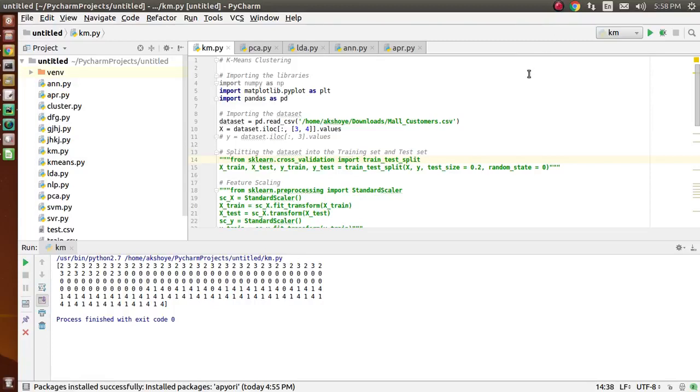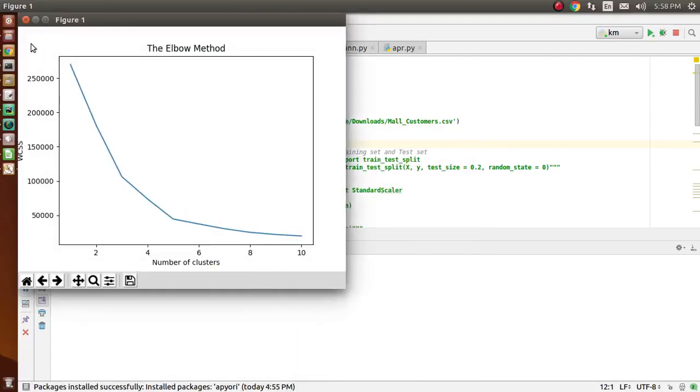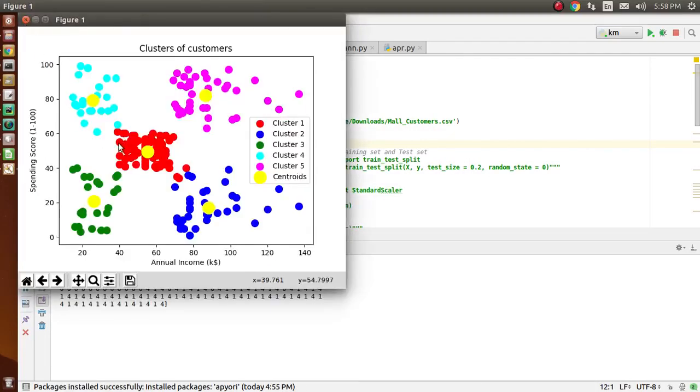Now let's first understand the steps for k-means clustering. First of all, we need to set the data points. After that, we need to set the centers for each cluster. Again, let me show you the output. Here we have already set the data points, and for each cluster we have one center of the cluster. We can also call it centroids. Each cluster has a centroid.